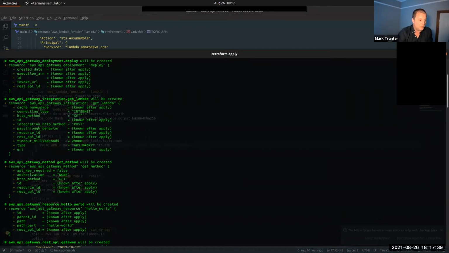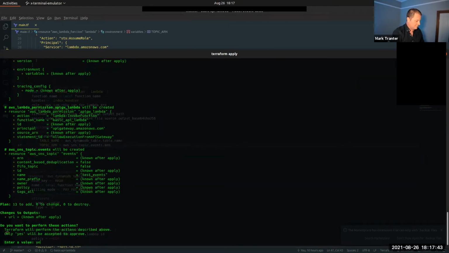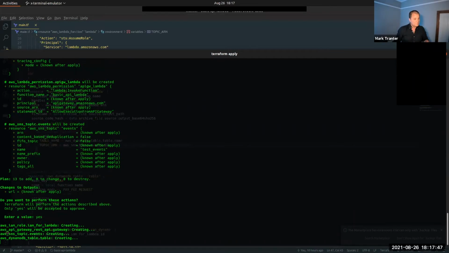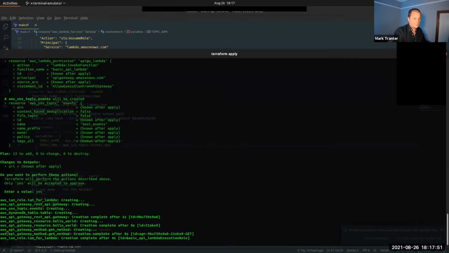Terraform apply shows me all the resources that are going to be created. And I'm going to go ahead and create them. Hopefully this all works.